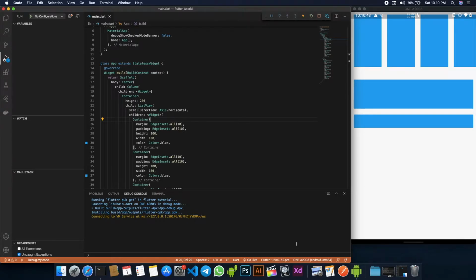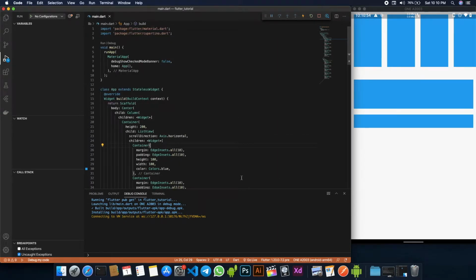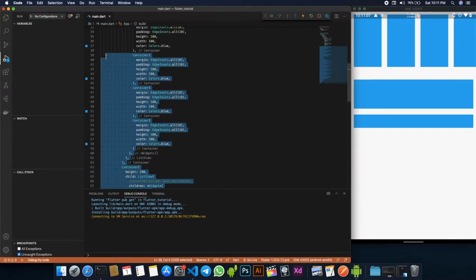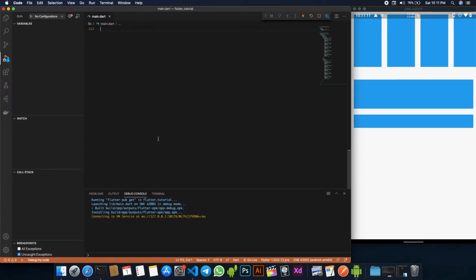Let's go ahead and make two pages. I'm going to name the first page main.dart as it is in the previous video, and the second page I'm going to name it as something else. So what I'll do, I'll just copy this, because we are just going to make a new thing. Or what I can do is I can just take this scaffold, whatever we're going to return. I can copy this, make a new stateful app. I'm gonna name it as sub main,